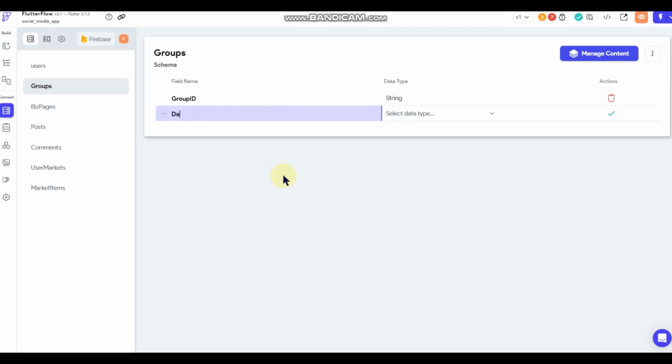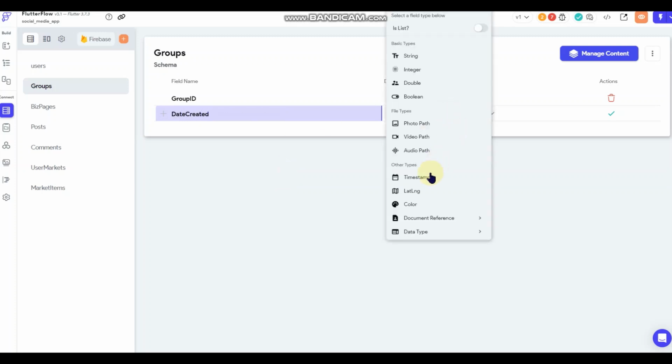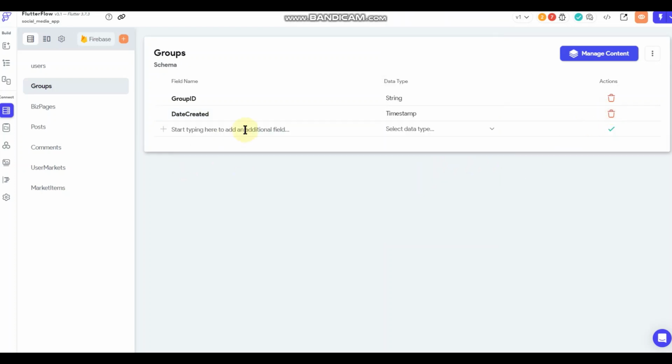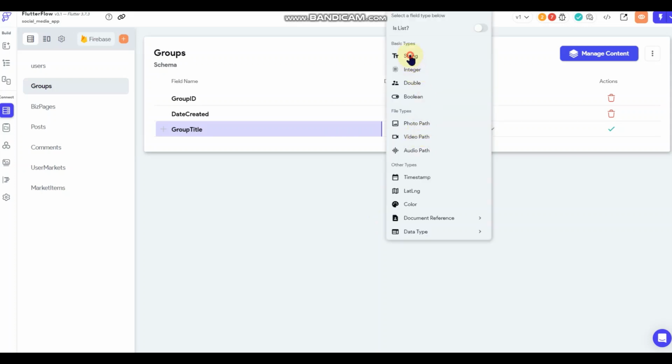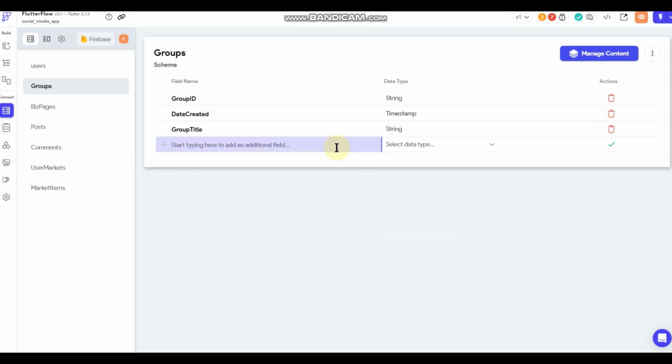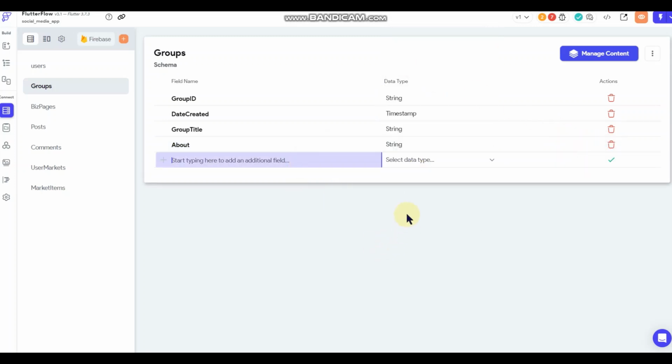And then I'm going to do date created, which is useful for administration. And I'll choose the timestamp. And then we'll do group title, it'll be the name. We'll do the string. I'll do about as a string. And do group photo. I'll do photo path.